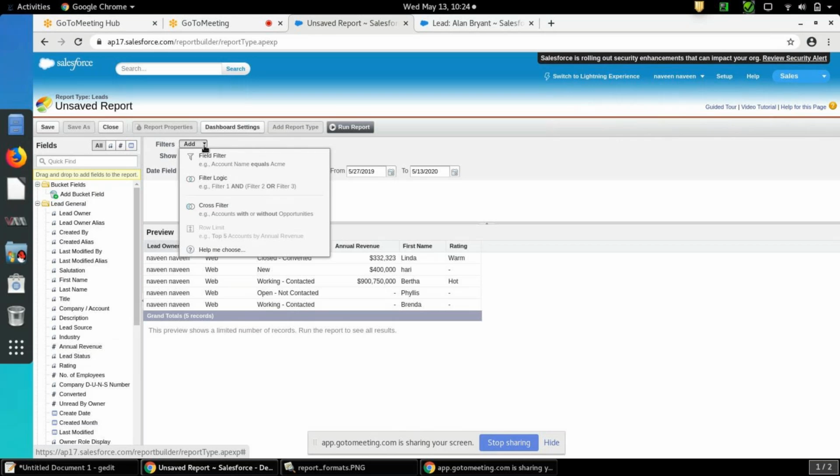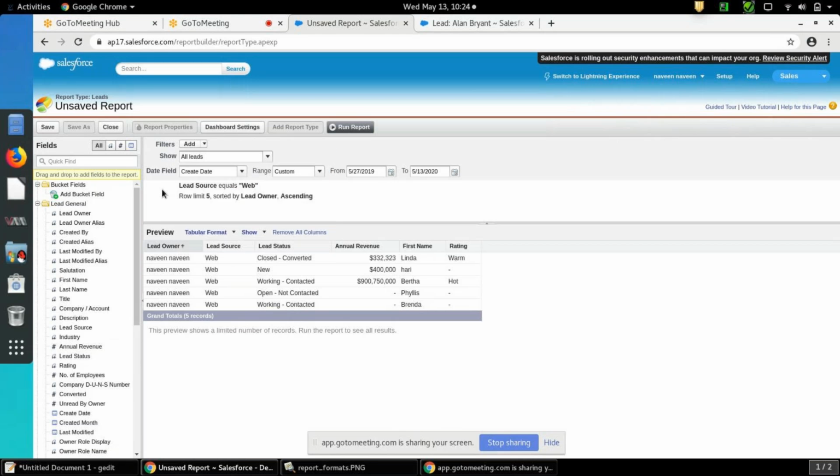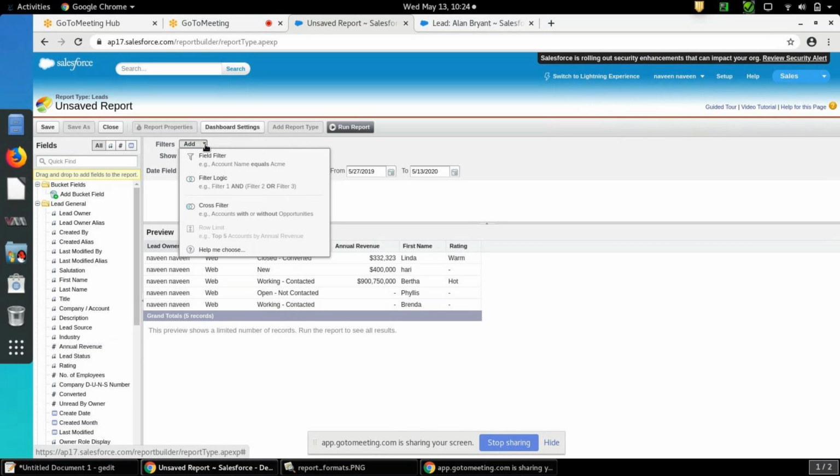Filter logic is nothing but, there I have mentioned two filters, right? 1 and 2, or 1 or 2. 1 or 2 means if either of the conditions is true, it will display. 1 and 2 means both conditions have to be satisfied, then only it will display. Cross filter is nothing but with or without. Suppose I take accounts and opportunities as a report type, so with or without.